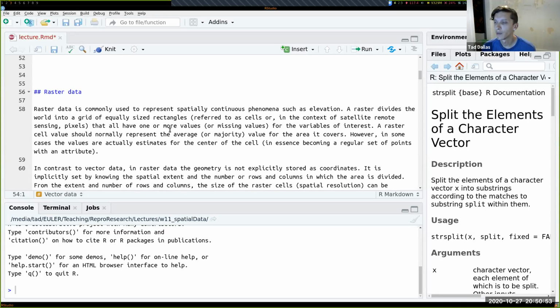So think of things that are continuously distributed, such as annual mean temperature, where it's interpolated across the landscape. How do you map that? How do you map a continuous surface? The essential solution is you overlay a lattice, a grid. Think of it as a matrix of n rows and n columns that you lay on top of this continuous surface. And then you simplify all of the continuous data within that surface and say it